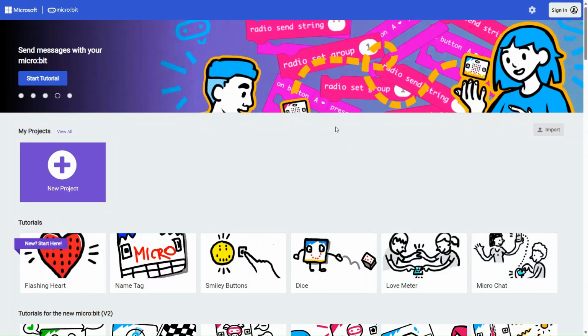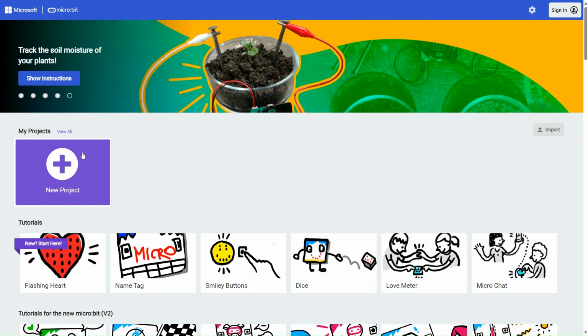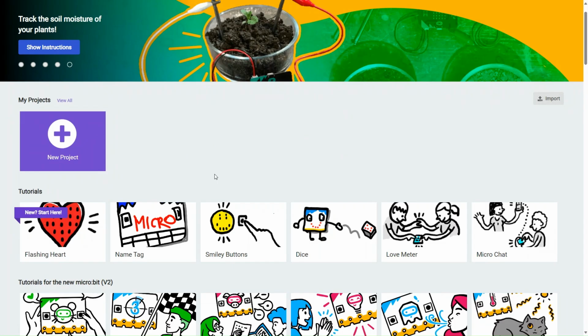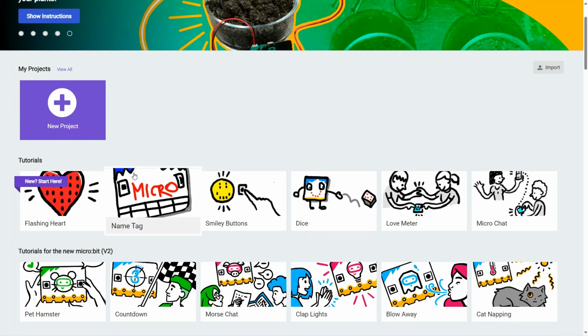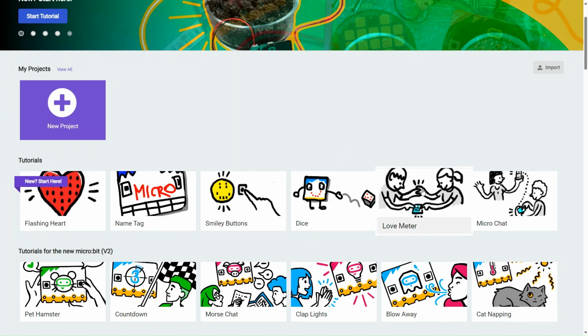Okay, so here we are on the MakeCode website. I'll put a link to the actual website in the description of this video. But this is the MakeCode editor for the BBC Microbit. And as with a lot of the other MakeCode ones and the coding window inside Minecraft Education, we've got various